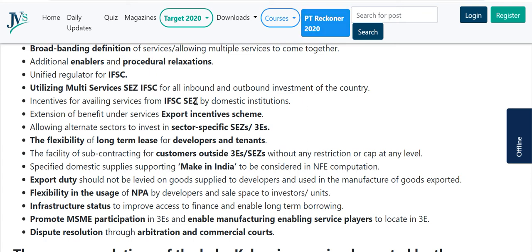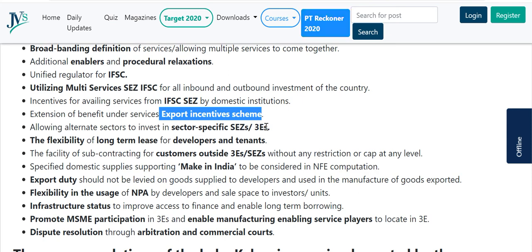So it should facilitate all kinds of facilities that are available to the IFSC by giving different incentives. Extension of benefits under the export incentives scheme. Now, under the export incentive schemes, whatever were the benefits, they should be extended, and alternate sectors to invest in